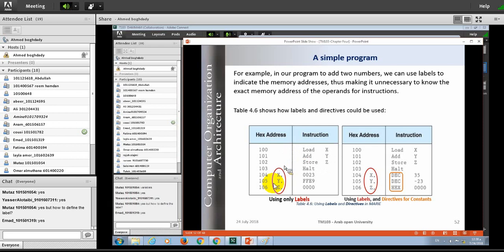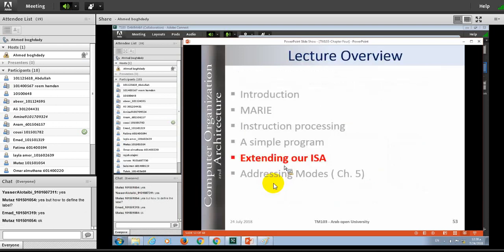I will show you some examples, but I will not solve the TMA question because you need labels in TMA. But the overall idea, is it clear? The general idea of the labels and the directives? Come. Now,